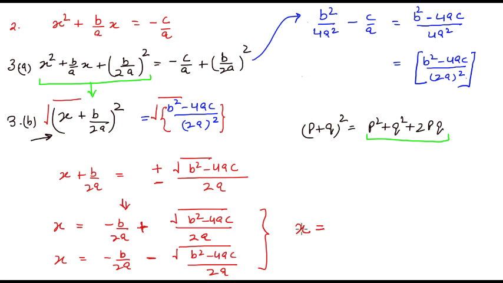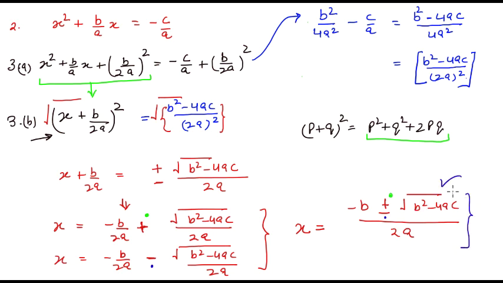Or collectively you can write it like this. The simplified version is x equals, the two possible zeros of x, equals negative b plus or minus the square root of b squared minus 4ac, divided by 2a. This is a quick way to write plus and minus both in the same expression. So these are my two possible zeros. And isn't that what we wanted here, correct?